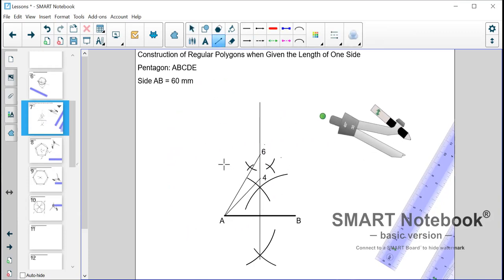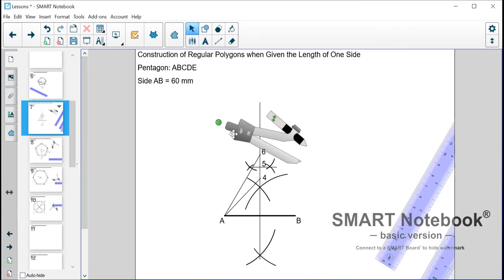All right, and of course, through those intersections, you draw a line, and that division there will give you 5. So we'll just label 5 while we're here. Good. So seeing that we're looking for a pentagon, we would use 5 as the center, and we'll draw a